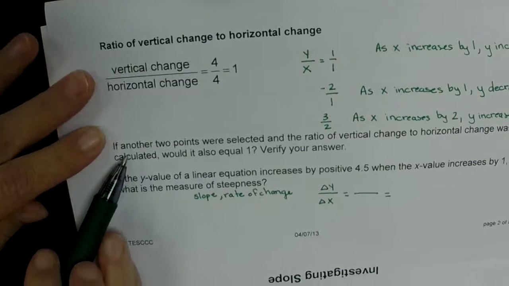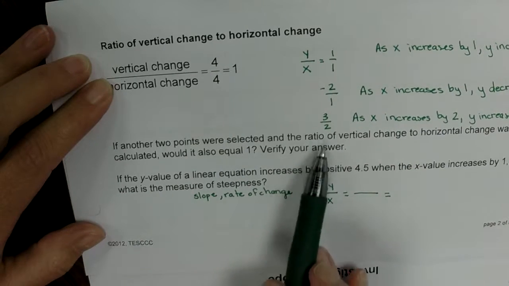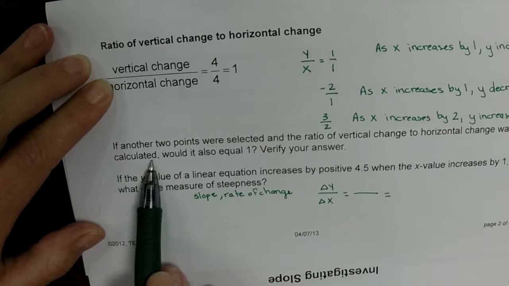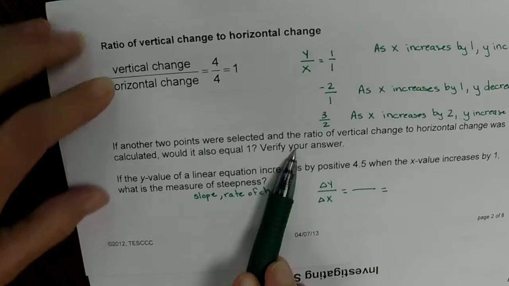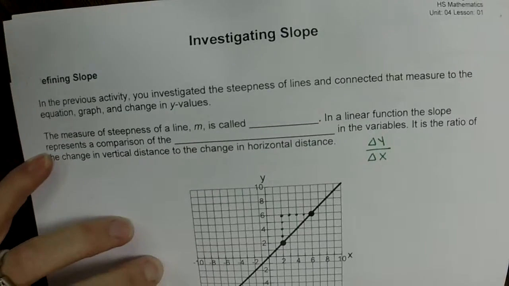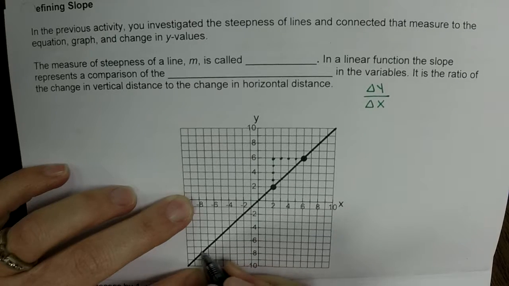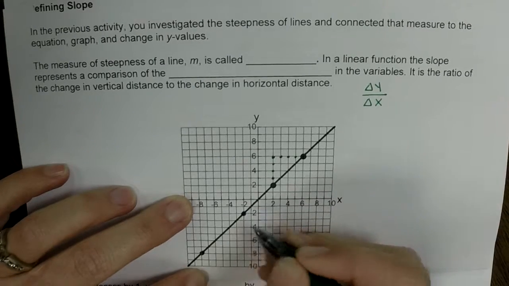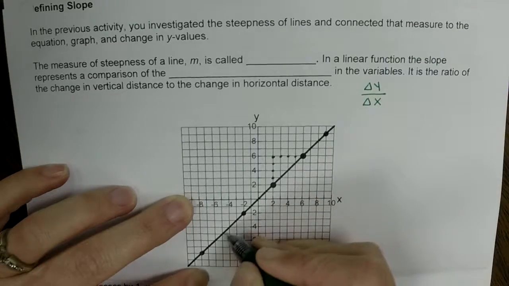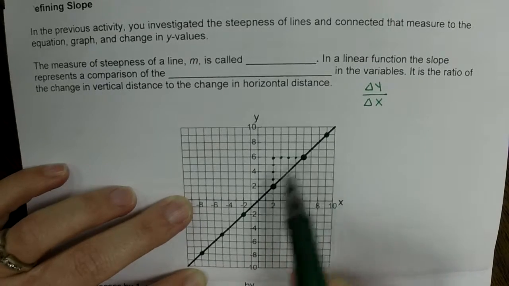So going back up, this says if we choose another 2 points on the graph that's above us, and the ratio of vertical change to horizontal change was calculated, would it still equal 1? Verify your answer. So if you're looking at the graph that they provided us with, what we want you to do is pick out 2 different points, and it doesn't matter where they are. So you could pick this one and this one, or you could pick one up here and one down here, as long as it's on a direct corner. You don't want to pick one that's in the middle of a square, because then you have to try to count a half. So pick 2 new points, put them on your graph,